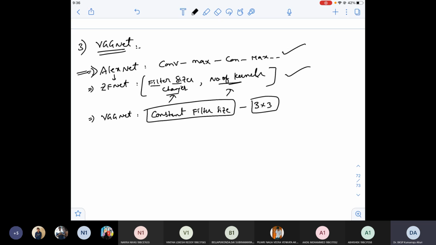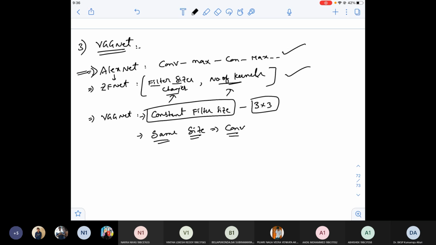And they also want to make sure that the output after the convolution or max pooling should be of the same size. In most cases, it should be of the same size, at least in the convolution operation. Leave aside max pool. The convolution operation also reduces width and height, right? At least in the convolution operation, they want the output to be of the same size.